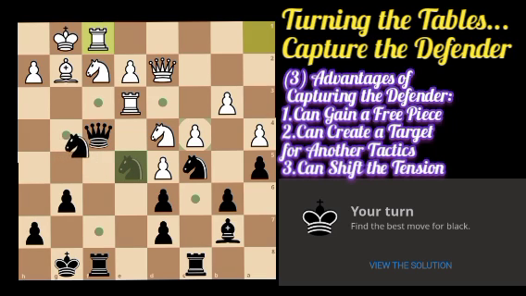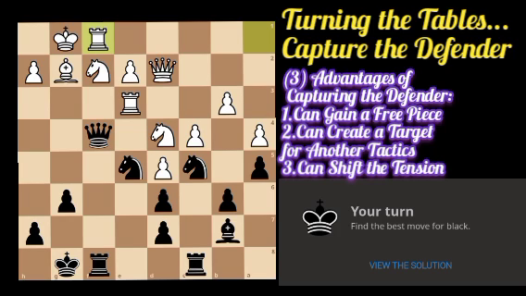So by now, we mark the target, and it was e3. So in the next move, we should create another tactic that will focus against a3. And at some point in this position, we can grab the knight on b3, because b3 is the defender of c4. So if b3 is taken away, then c4 has no defense at all.